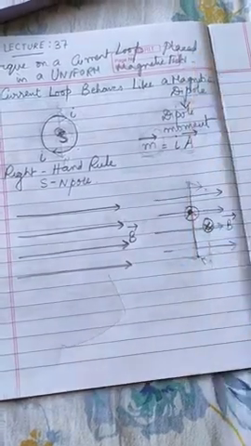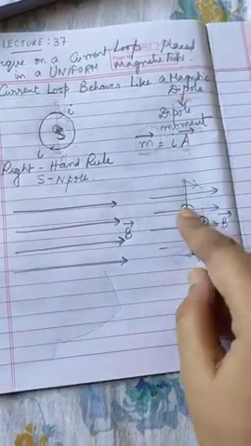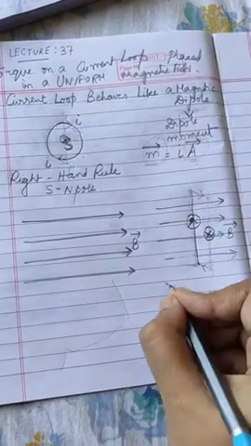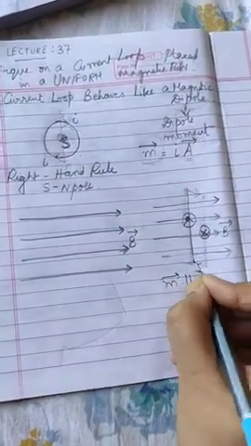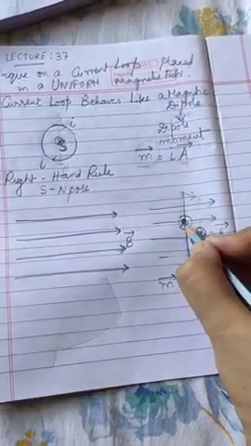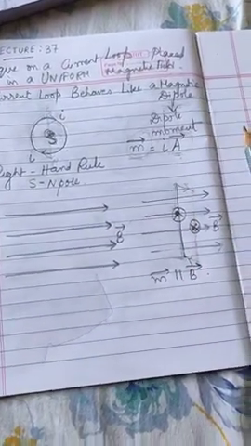Can you see the perpendicular to the plane of the loop? What is the direction? Isn't it this direction? The same. So when M and B are parallel to each other, what will happen to the forces? What is the force over here? The force over here will be in which direction? Apply Fleming's left hand rule.